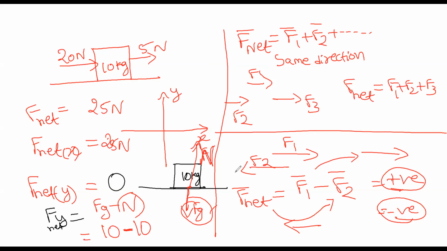So here the F net is 25 Newton towards east. F net in the y direction is 0. Now tell me this in vector notation directly. In general, they won't ask this. It is 25 i cap, because it is in the i direction. If you want, you can also represent it as plus 0 j cap. This is the F net.